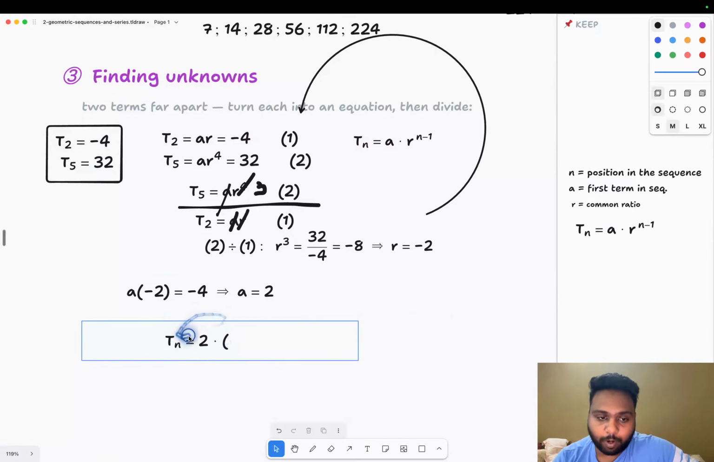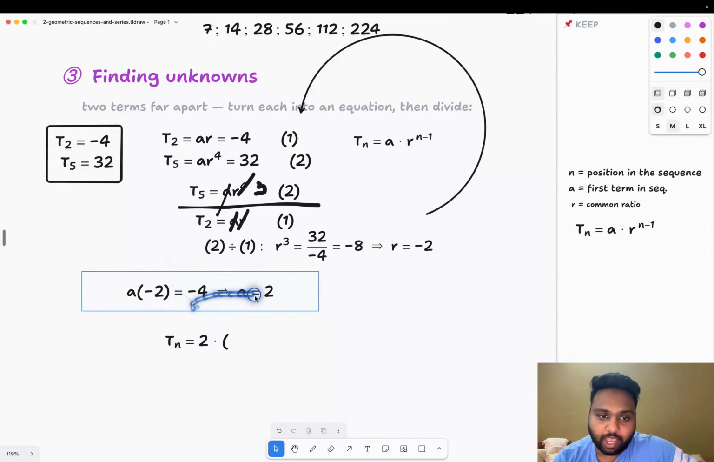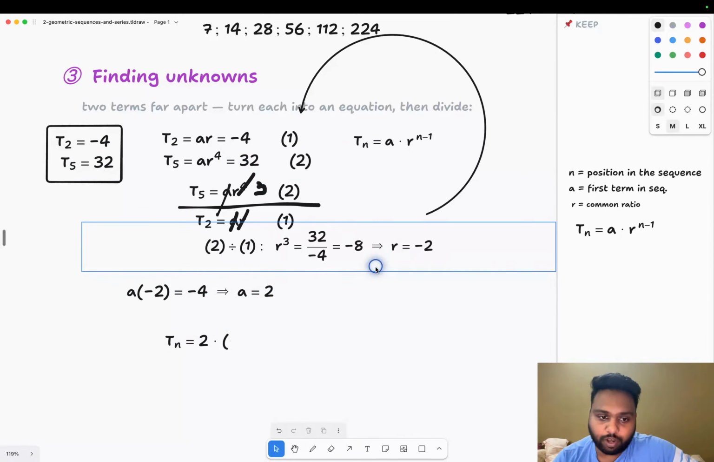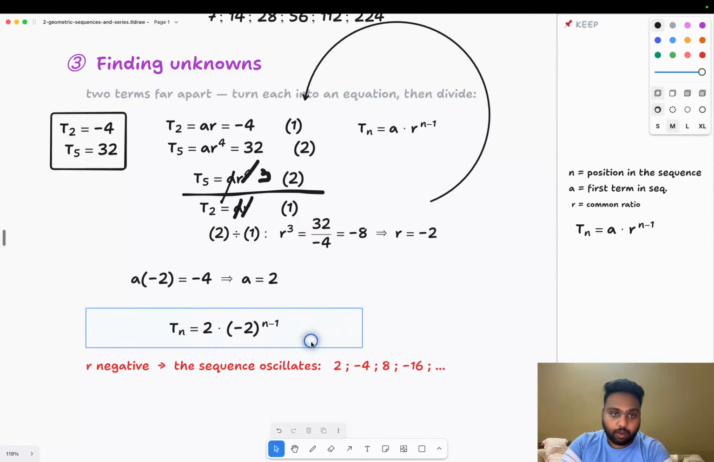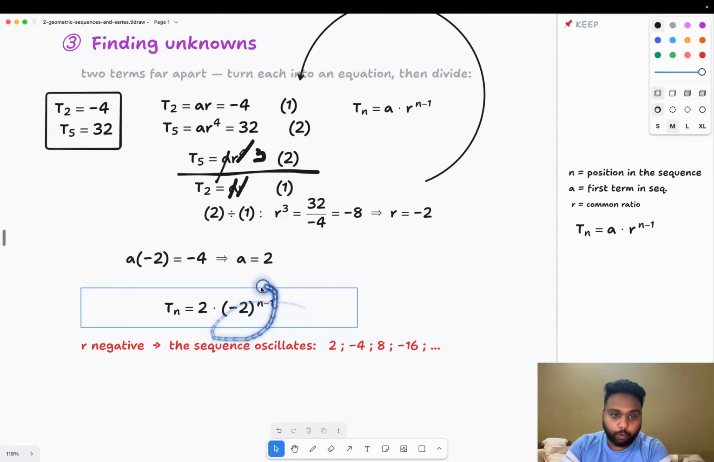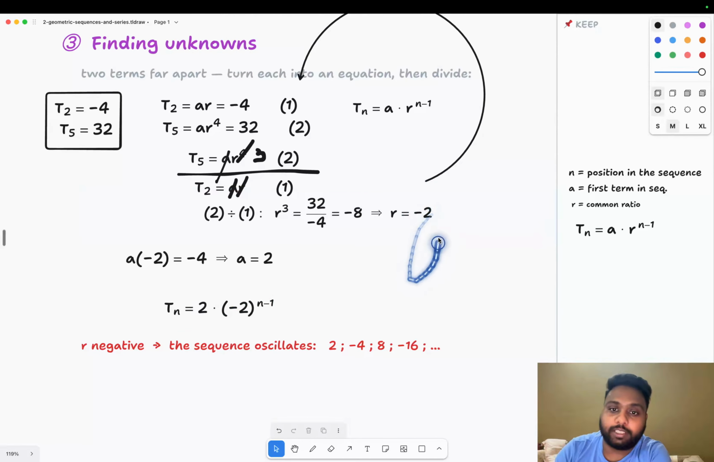So now what is my general formula going to be? T of n is going to be, I have the value of a and I have the value of r, 2 into minus 2 to the power n minus 1. One interesting thing I want to show you guys here and I want you to notice is